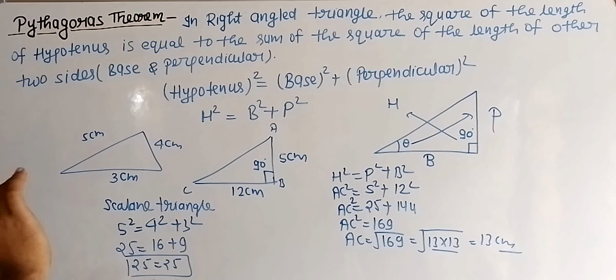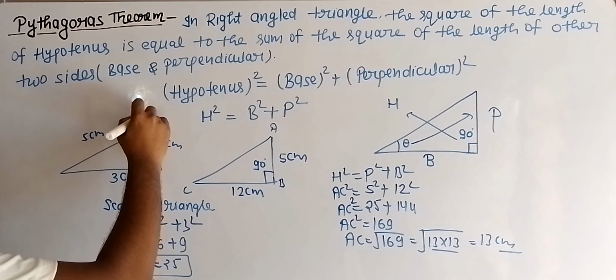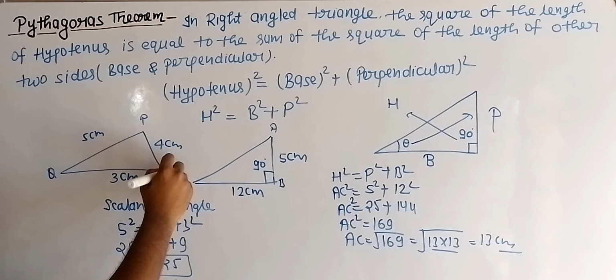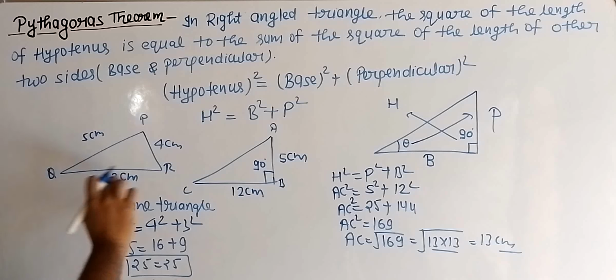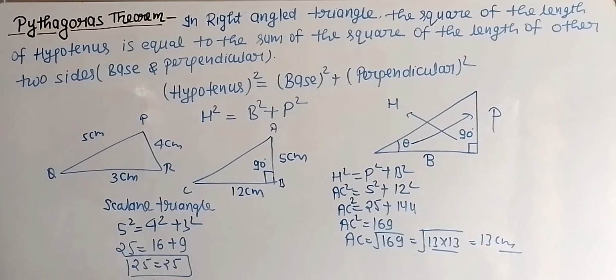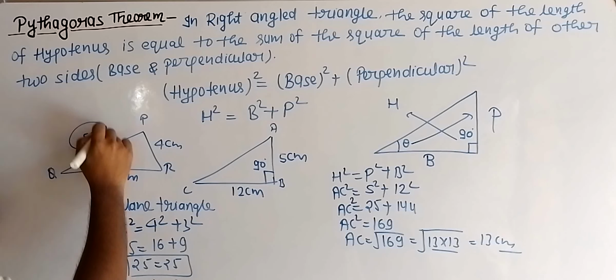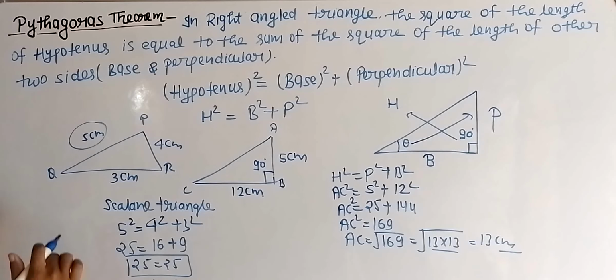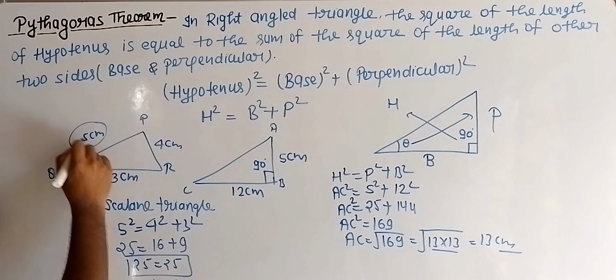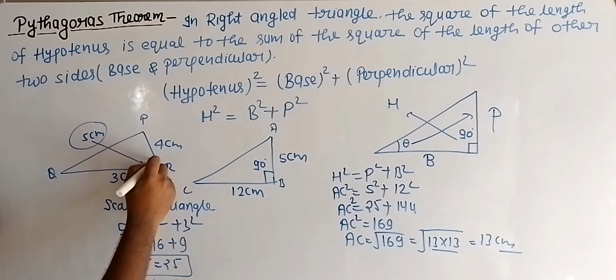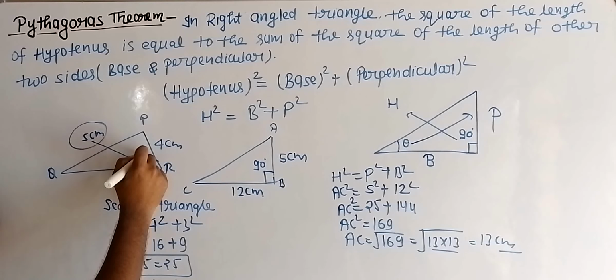Now which angle will be 90 degree? If this triangle is PQR, whether angle P is 90 degree or angle Q is 90 degree or angle R is 90 degree. I told you a few seconds before that the angle opposite to the side whose length is maximum will be 90 degree. Here we observe that this side has maximum length, so the angle opposite to this side will be this one. So this angle will become 90 degree.